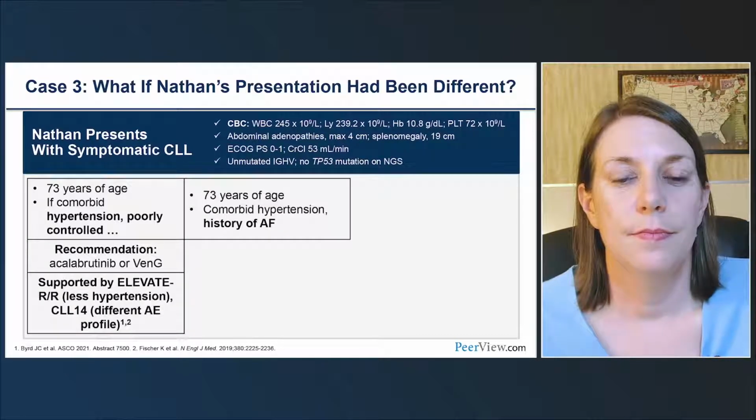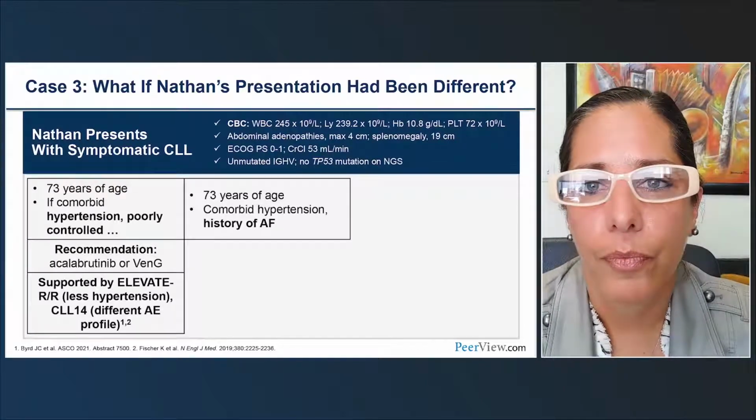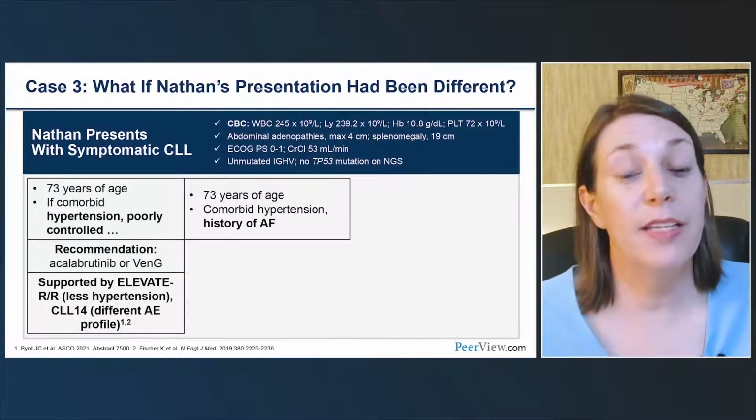Now, let's switch his comorbidities a little bit. So he has hypertension and he has a history of atrial fibrillation. So when we look at that in that patient, what other options, or what would you consider to help define an option better? Yeah, so again, while atrial fibrillation is less common with acalabrutinib or zanubrutinib than it is with ibrutinib,